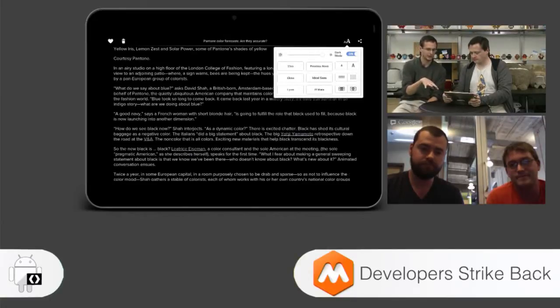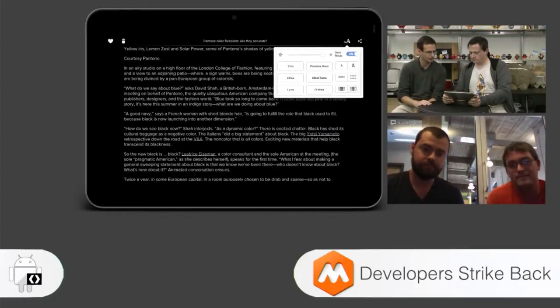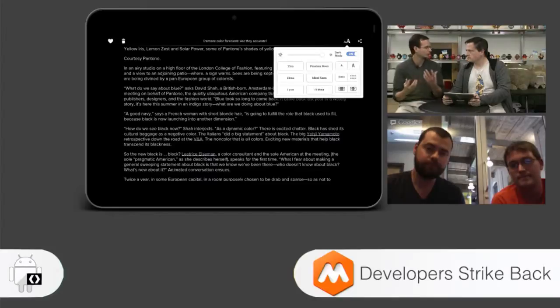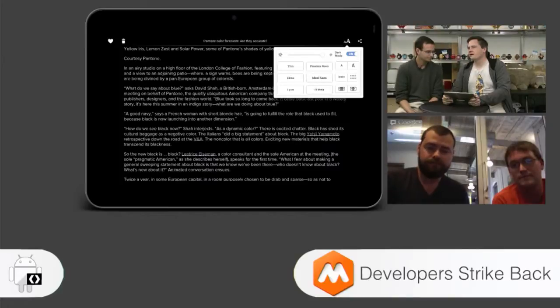I mean, we're just sort of clicking on the font control dialog here. One of the things I want to point out is that, again, this is another example of an app which doesn't strictly conform to standard expectations of how an app should look. But wherever it is close, it's pretty much the same. You've got the standard share icon on what looks like an action bar, which has actions. It's obvious the way that it's working. I'd like to see an up affordance here, but that's getting a little bit nitpicky. I think that as the up affordance becomes more and more common, people are going to start really missing it.